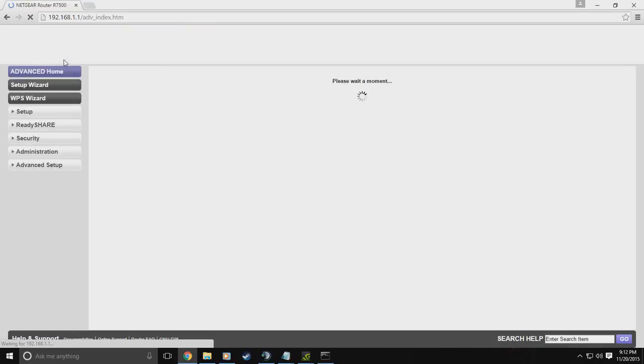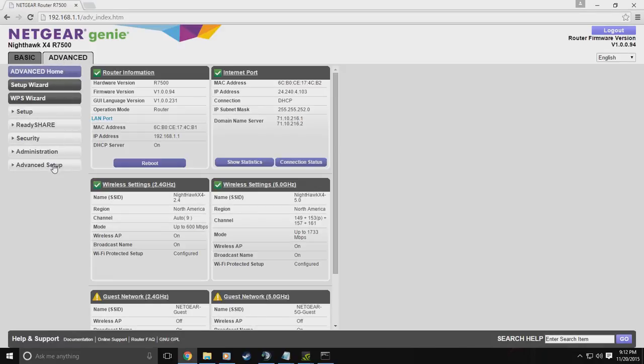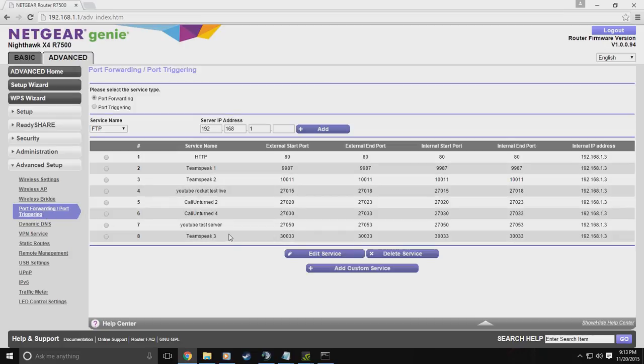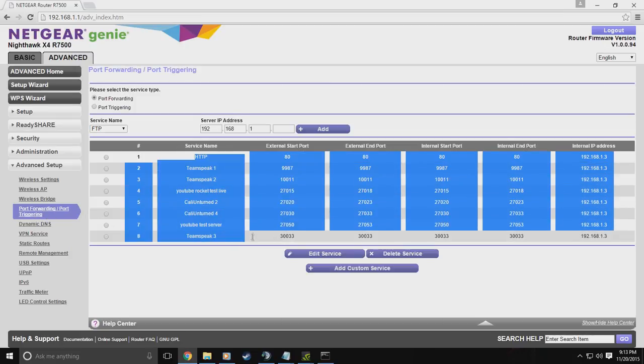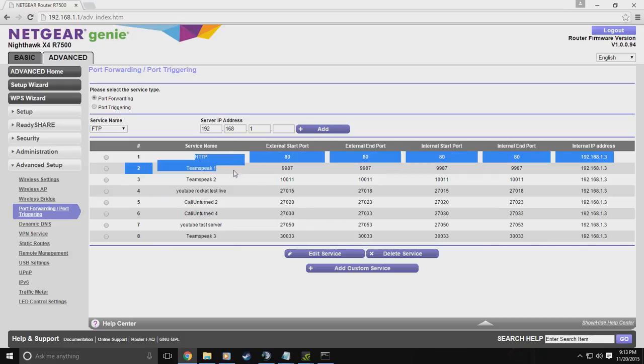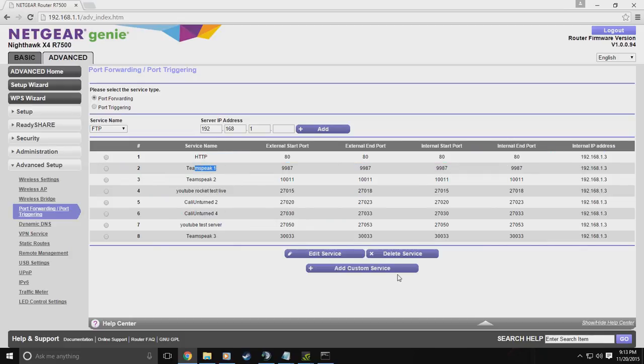It's going to be under advanced, under advanced setup, either that or under firewall. You're going to be looking for port forwarding. Now when you're in your port forwarding, you can see these are all the ports that I'm using that I have linked to other stuff. I got my Unturned servers, I got my website, I got my TeamSpeak. Good thing is for